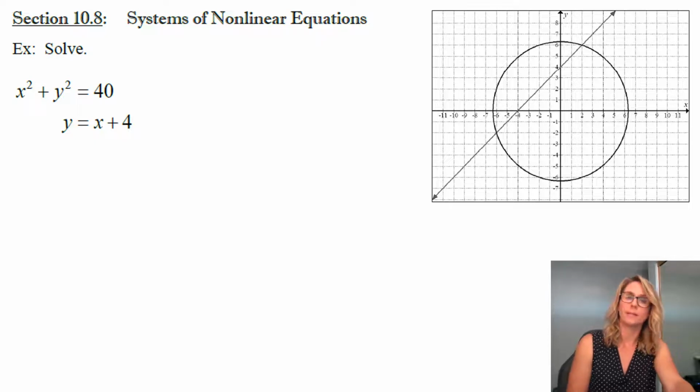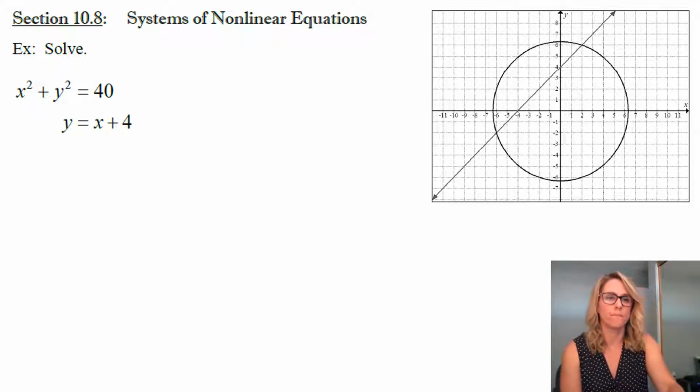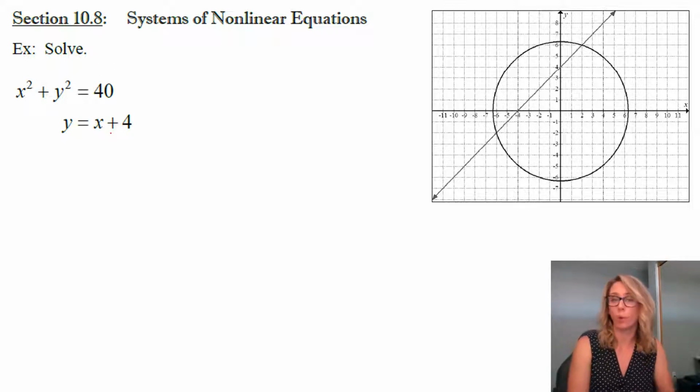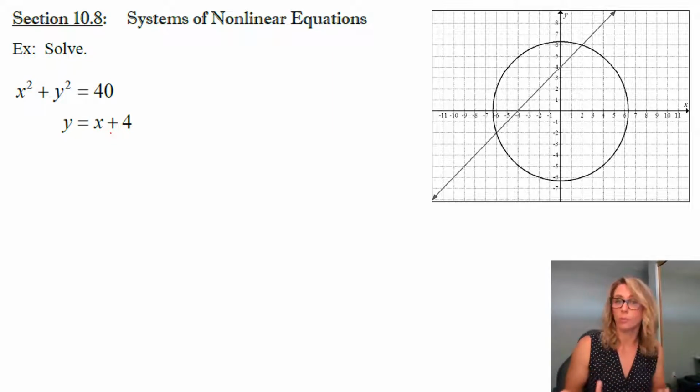This is section 10.8, systems of nonlinear equations. So this is a situation where you don't just have variables of degree 1. And we can see that we have an example here. We have x squared plus y squared equals 40, and we have y equals x plus 4. And our job is to find out the values of x and y that make both of those equations true